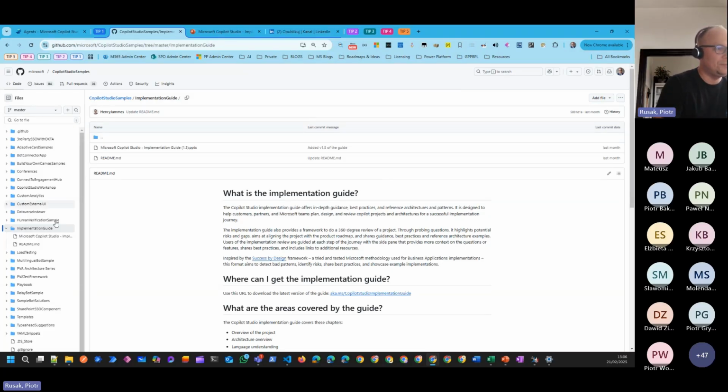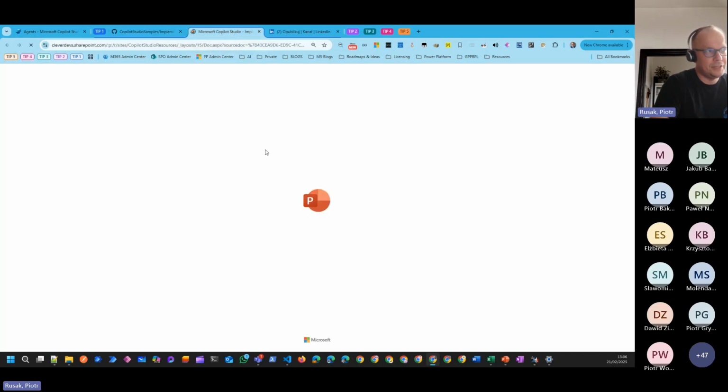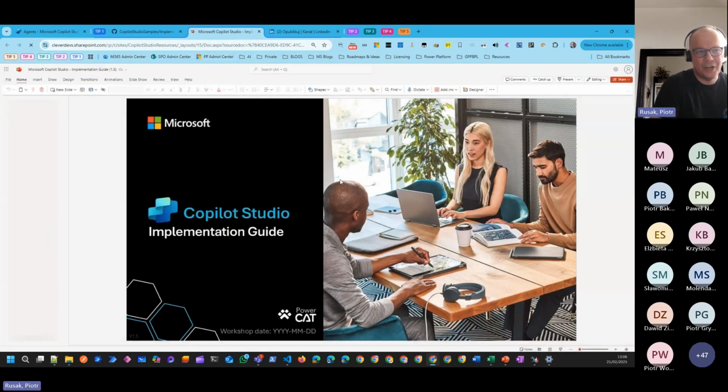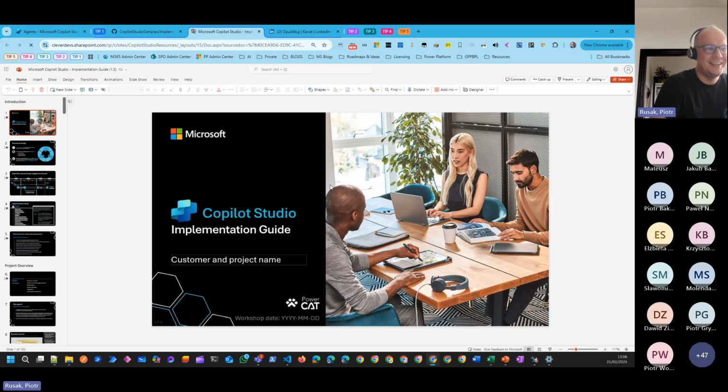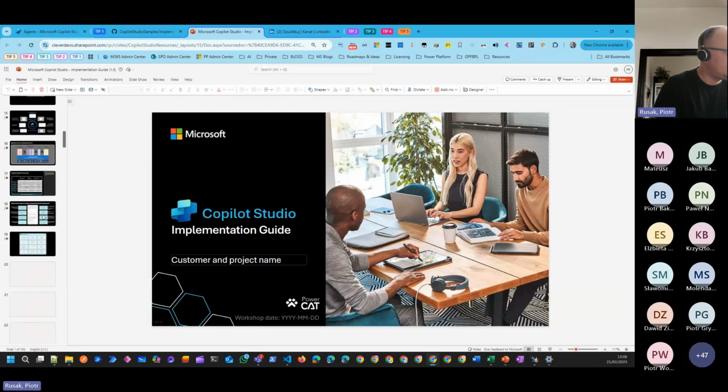And from this page, you can download this PowerPoint presentation, and this is the implementation guide. I have this presentation opened here in SharePoint. I had to open it this way because I would not be able to present otherwise. PowerPoint is sneaky and only allows opening one presentation in one desktop. So to switch between desktops, I am presenting this one here. And yeah,